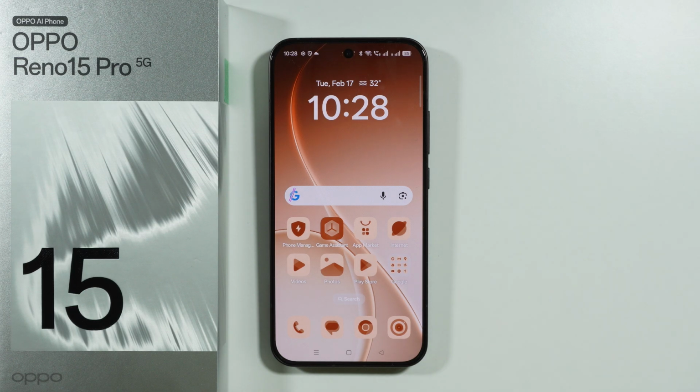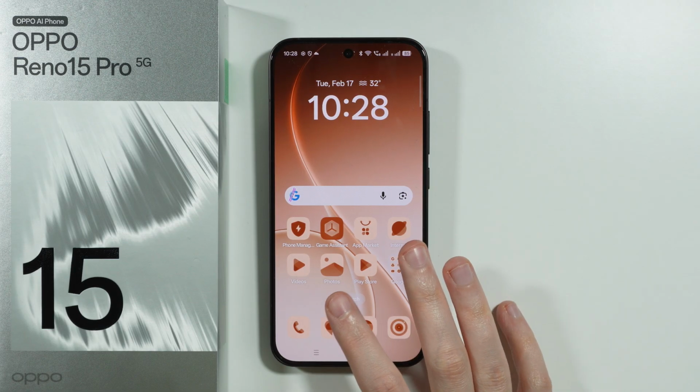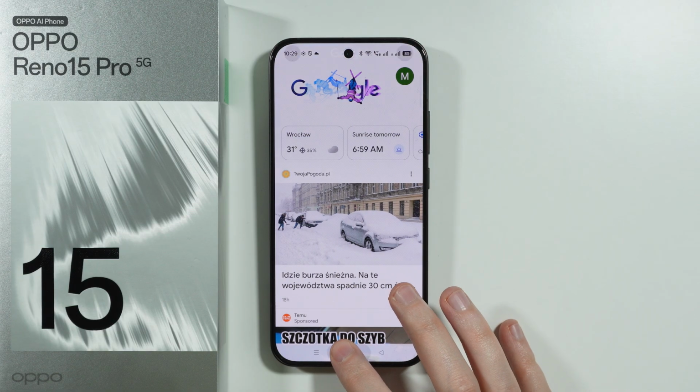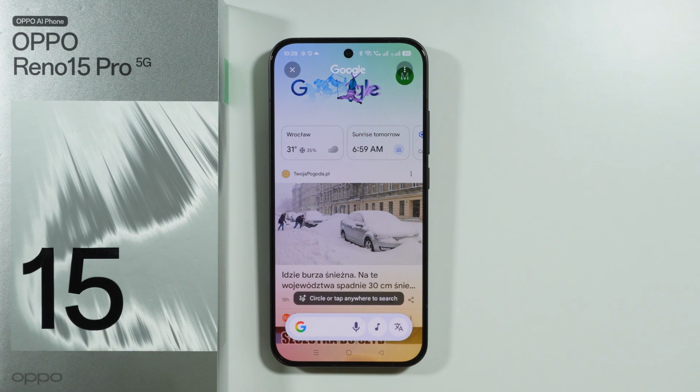If you want to use Circle to Search on OPPO Reno 15 Pro, the first thing that you need to do is press and hold your finger on the home button if you use buttons for navigation, and if you use gestures for navigation instead, you want to press and hold your finger on the navigation bar that you have at the bottom of the screen. So if you press and hold your finger for like a second or two, you will activate the Google Circle to Search